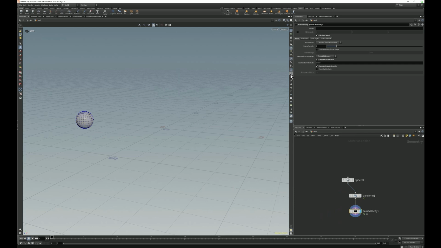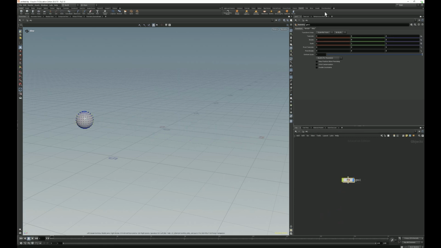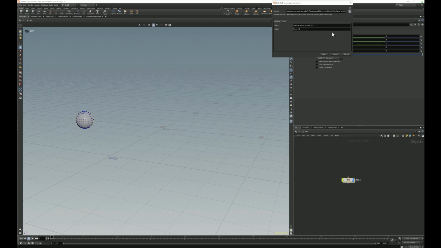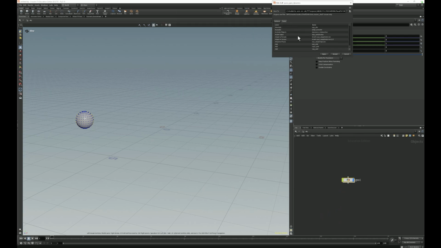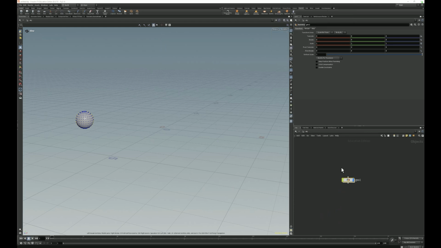click on display points, click on display point trails, and then you'll see this has now got point trails. And now you're going to want to come off of that. You're going to want to go to Pyro FX. You want to right click, edit shelf tab. Go to tools, scroll all the way down to D, and then pick dry ice and accept, and then it should be here. So I'm going to click dry ice,